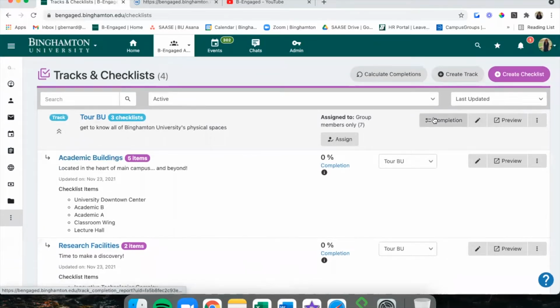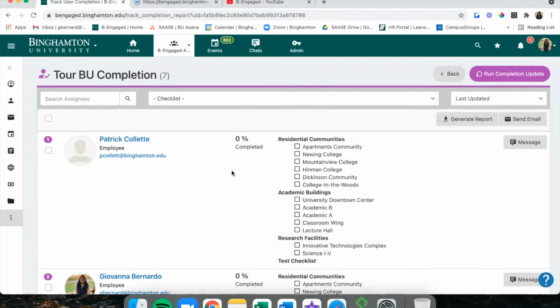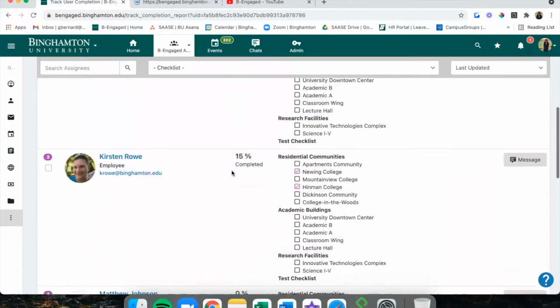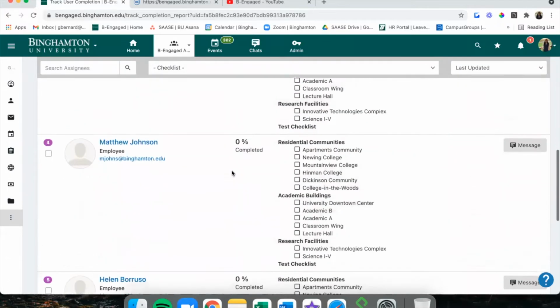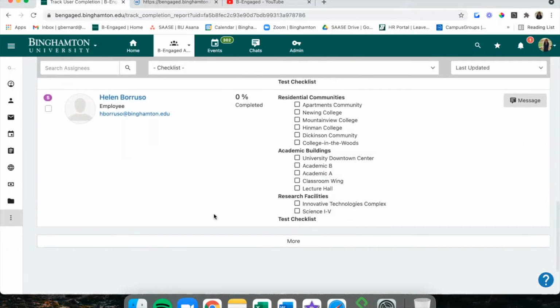And if you click completion next to any track or checklist, you can see what percentage each user who the track or checklist is assigned to is at in terms of their completion.